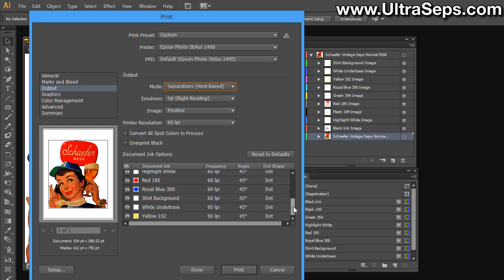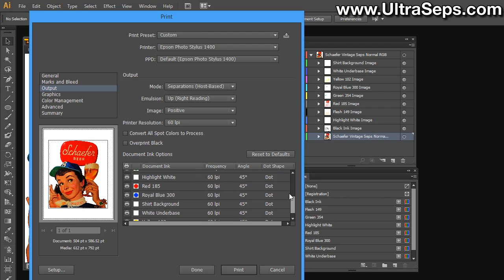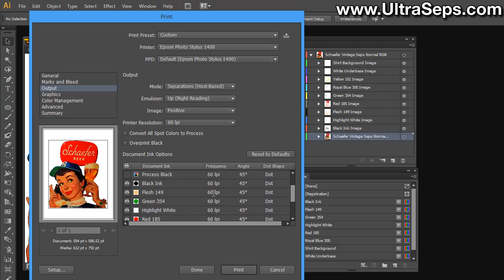Okay? Once you select that, you'll be able to adjust what inks print, the frequency, the angle, dot shape, and so on and so forth. But what's going to happen is cyan, magenta, yellow, and black is always going to be selected. So you want to turn those four colors off. And then each of the colors that you intend to print, you're going to have to change the line frequency, angle, and dot shape. So for argument's sake, we'll choose 55 lines for the black, an angle of 26 degrees,